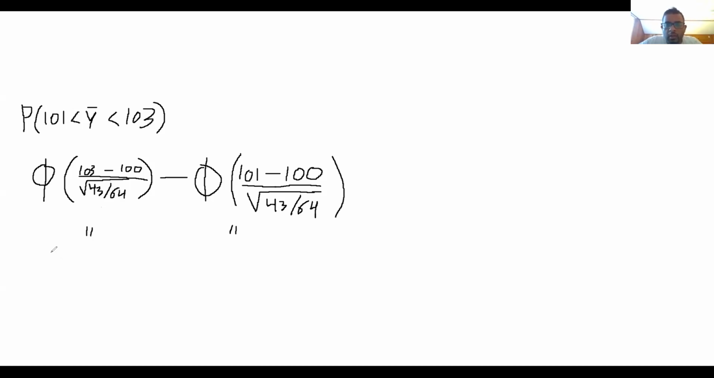So here I get 0.9999987, so 0.999, difference of 0.99, 0.8888. So this is equal to